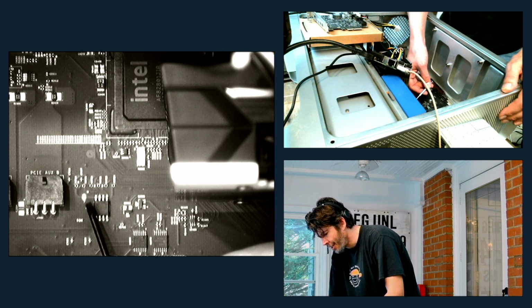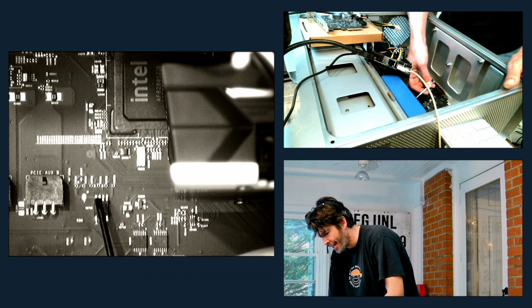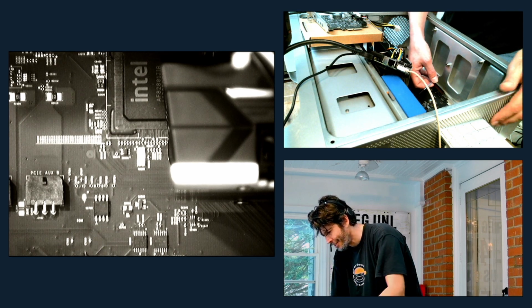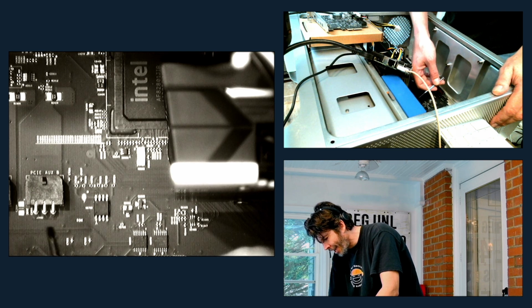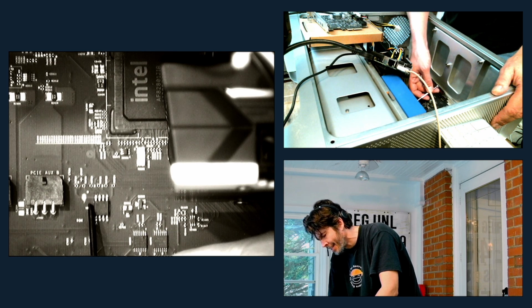I tried one thing here, which was to cut pin 8. That's the 3.3 volt supply. Tried cutting that to see if that would reduce the load on the chip. That didn't really change anything. What I found actually is that pin 7, which is the reset signal, was actually being pulled high. There was actually enough voltage on this pin 8 that,